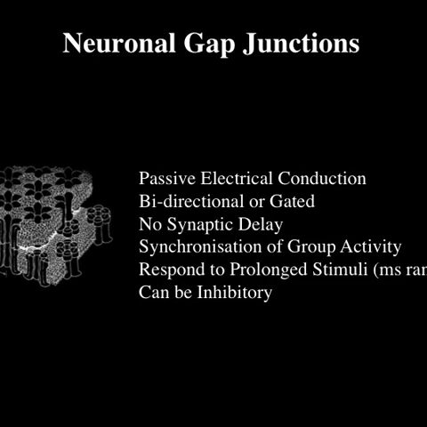They can, in some circumstances, be inhibitory, and they tend to exist in areas where you want a group of excitable tissues to work as a single unit, as what we call a syncytium. So where we tend to see them, as well as between neurons, is between smooth muscle cells, between cardiac muscle fibers, areas where you want a direct conduction between those tissues. Chemical synapses are the synapses that we tend to be much, much more familiar with.